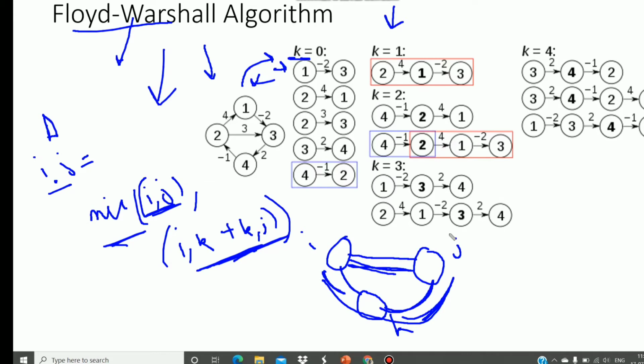First we'll construct the adjacency matrix of this graph, and all the diagonal values will be 0. The shortest path between vertex 1 and itself will be 0. Suppose that in a graph there is a vertex which is not reachable from any of the vertices. In that case, the distance between the unreachable vertex and the current vertex will be infinite.